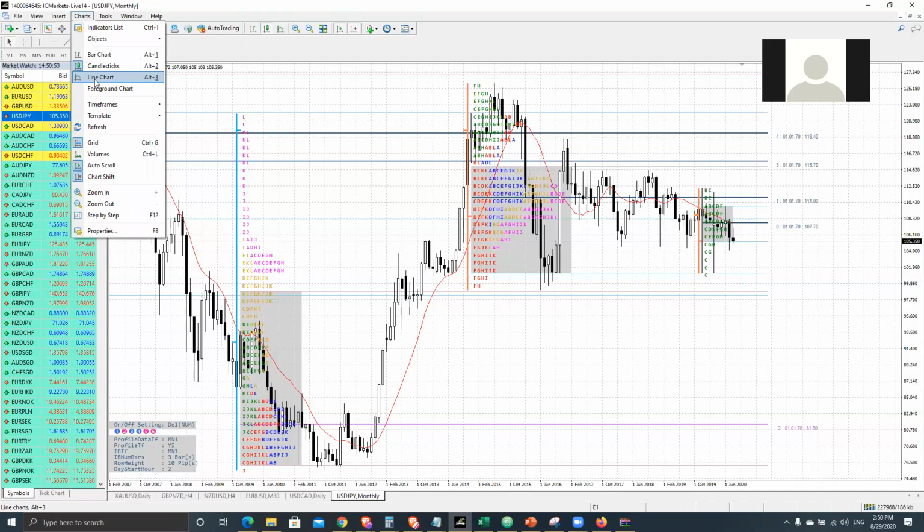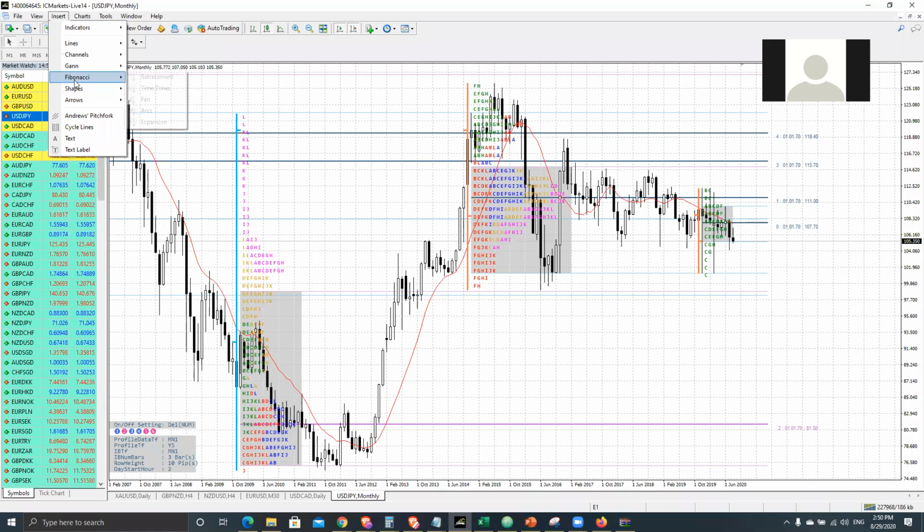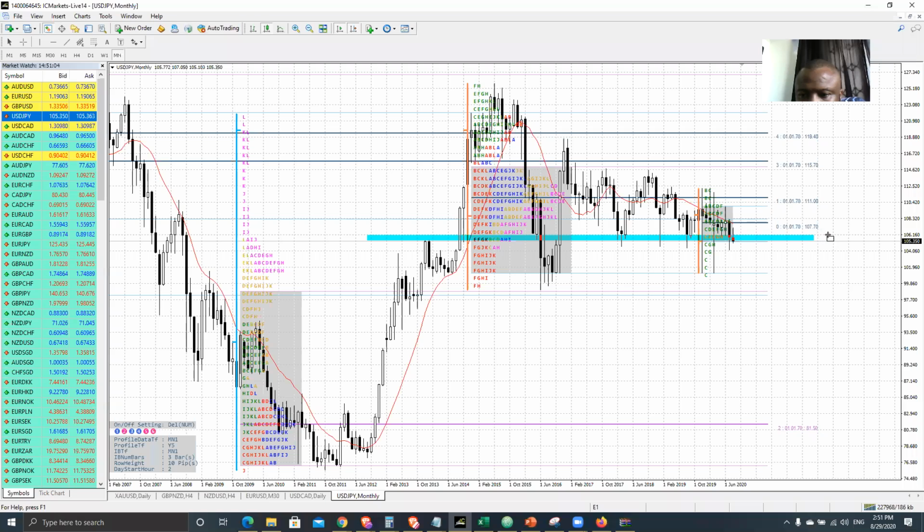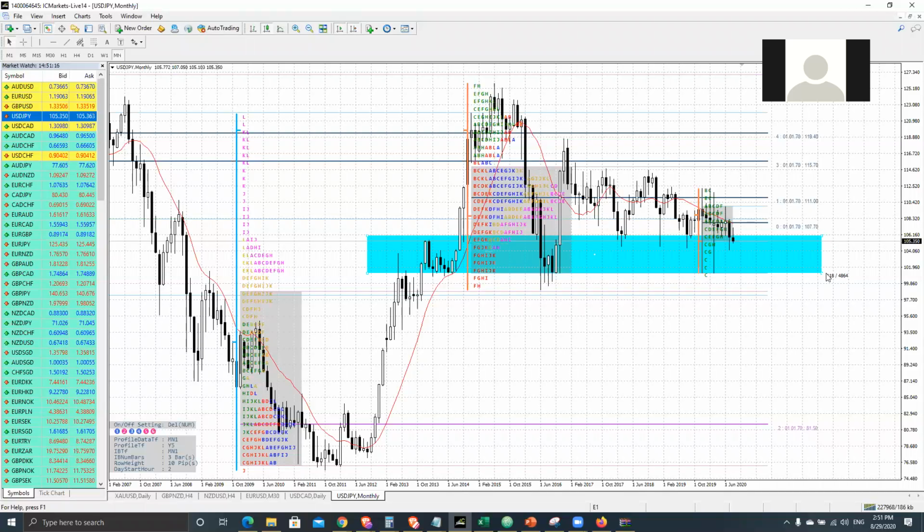What I've noticed is that with the current profile, where it's sitting, if it breaks that value area low, it's very possible that it will then sell all the way down to the previous profile's value area low. And I've back tested this before. It's not 100% foolproof, but it does happen, because if you look at the previous profile's value area high, that is at